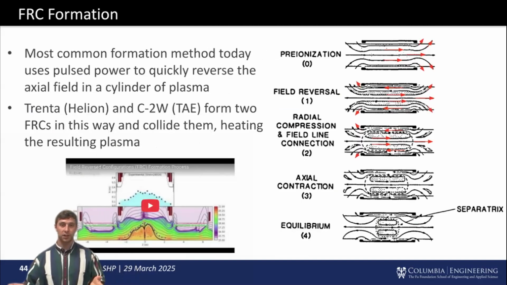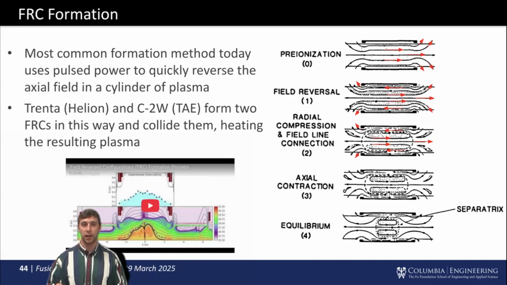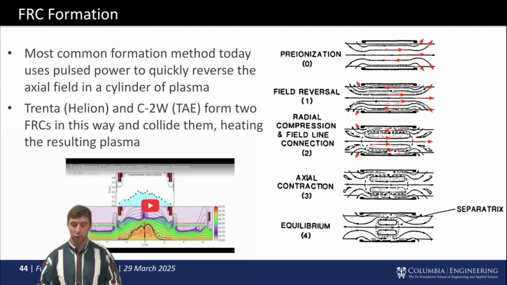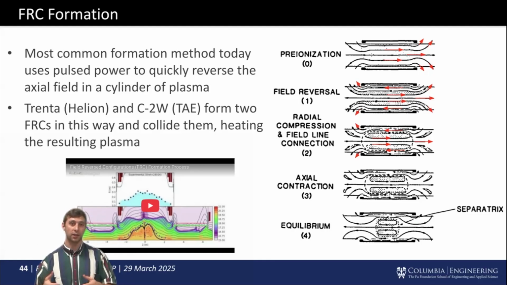In terms of forming an FRC, one of the most common ways to do it today is using pulsed power to quickly reverse an axial field that's embedded in a cylinder of plasma. And you can see those stages outlined here on the right side of the slide. This approach is currently used by Helion and by TAE in order to form two FRCs using this method. And then they actually collide the FRCs formed by this method to heat up the plasma and create a larger amount of plasma that's trapped. So I'll show a quick video from TAE that shows their formation process